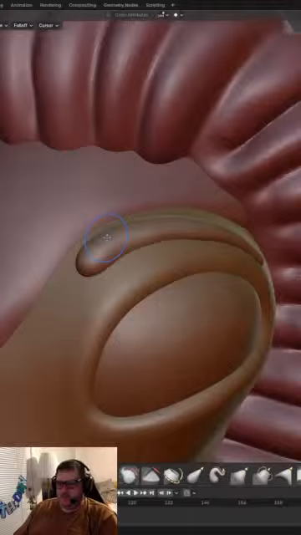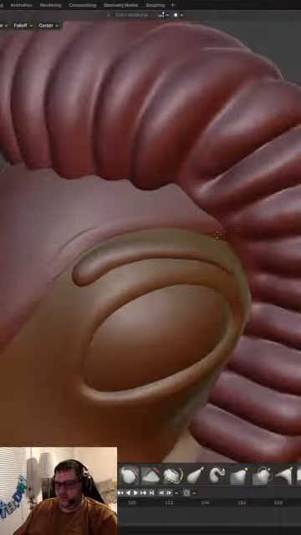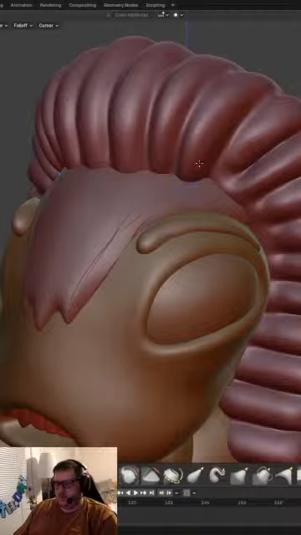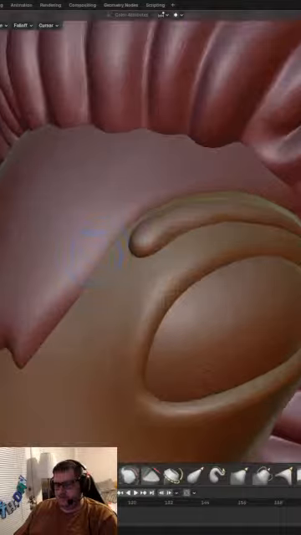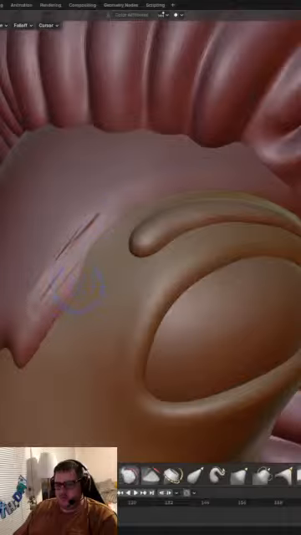I have a feeling we'll end up doing this from scratch for a couple of different reasons. I'm not sure how much control we can have with what we're trying to accomplish here. Though what I was kind of envisioning in my head was that this would come out almost like a stamped look, and I'm not sure if I can get that look easy enough by just sculpting everything endlessly. I mean, I guess I could, but